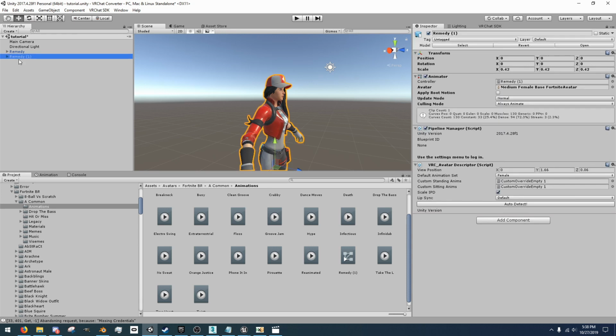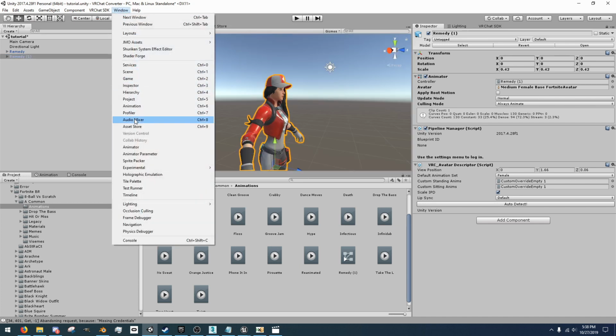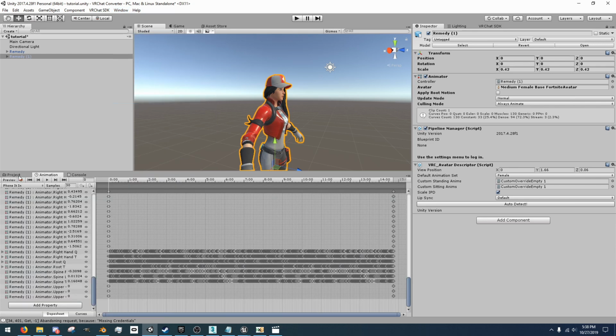Click on the character, and now you need to modify the animation, and to do that, you need the animation window tab. So go to Window, Animator. No, not Animator. Window, Animation. Animation. There we go. And mine's down here. I put it down there. Once you've got this popped up, you can